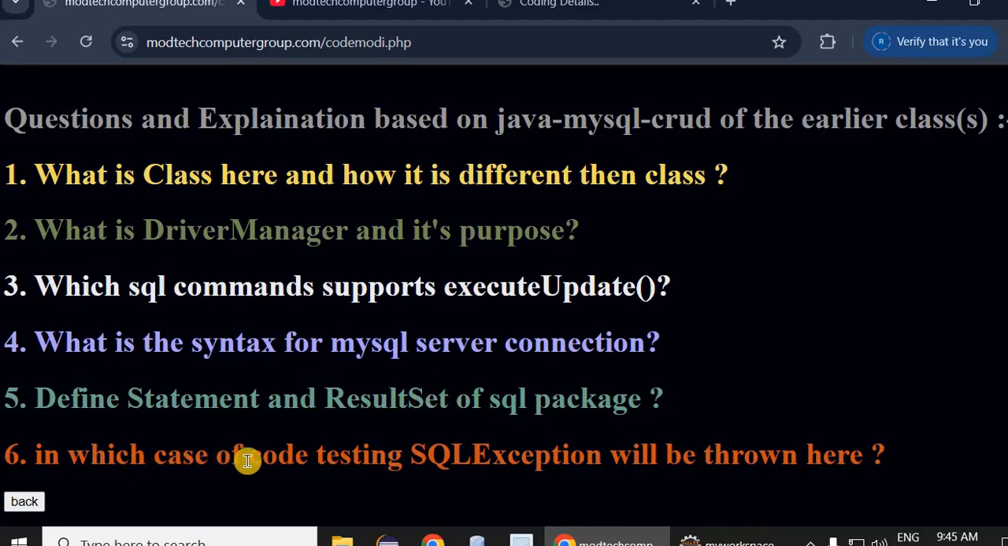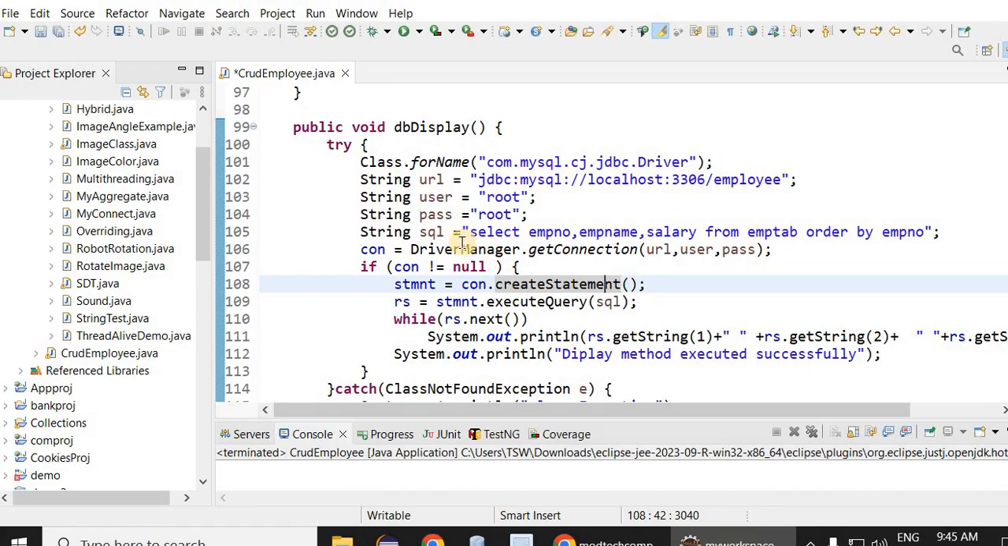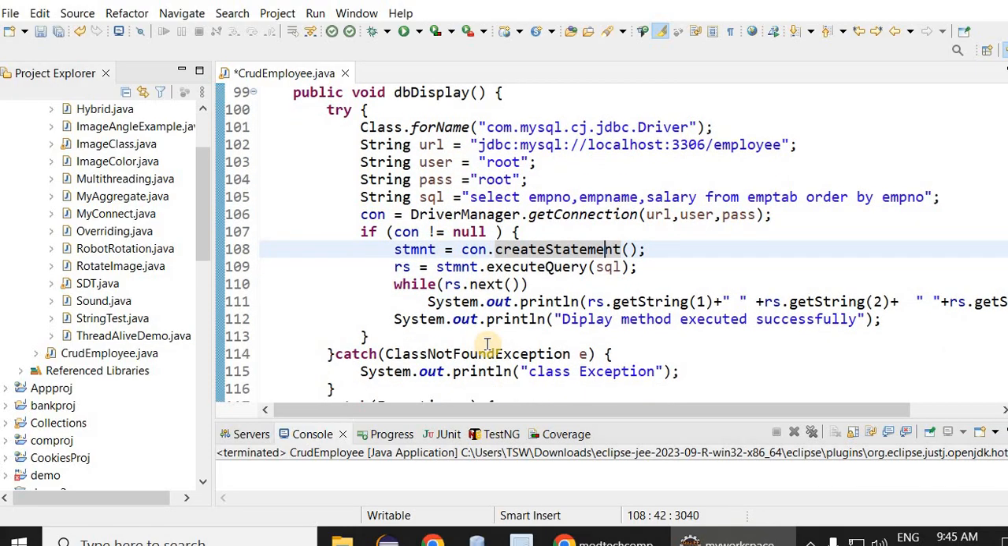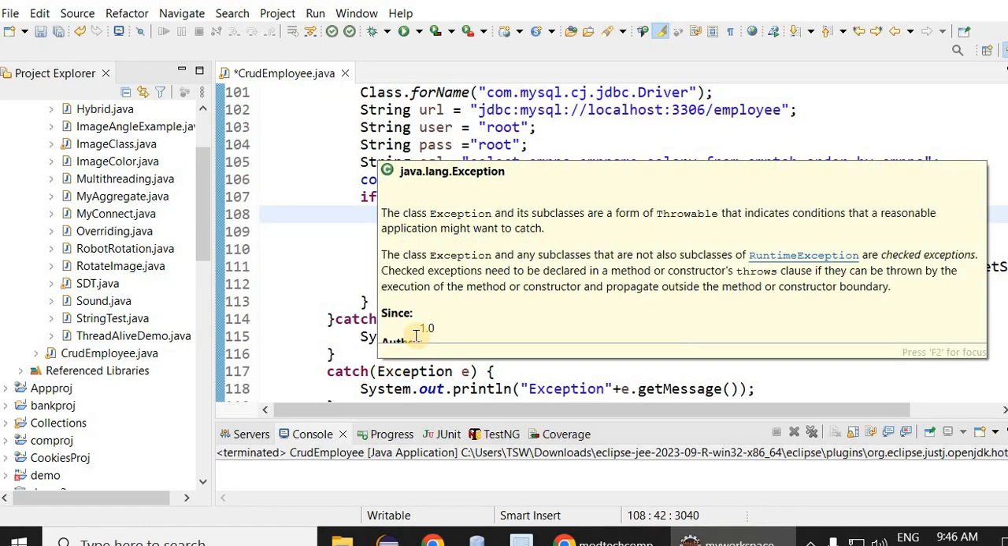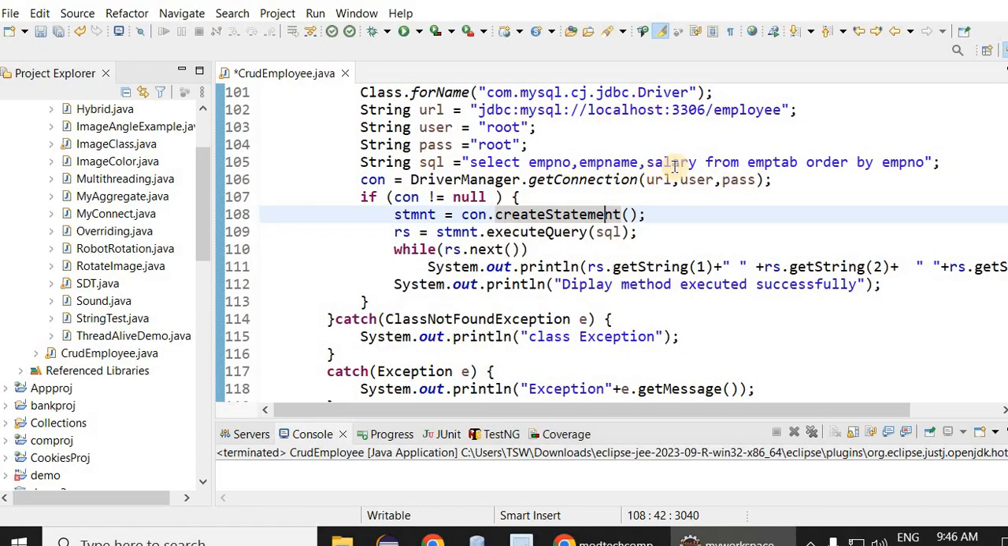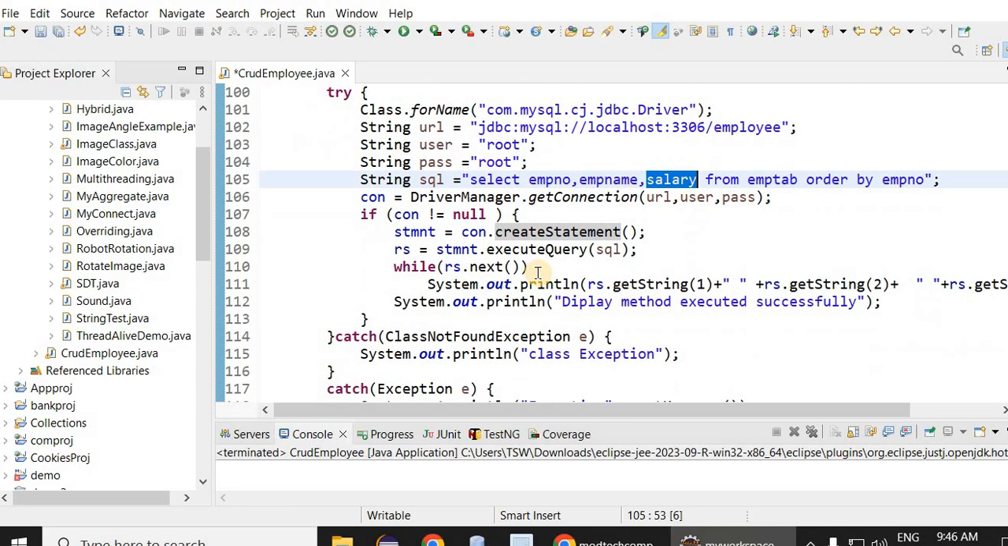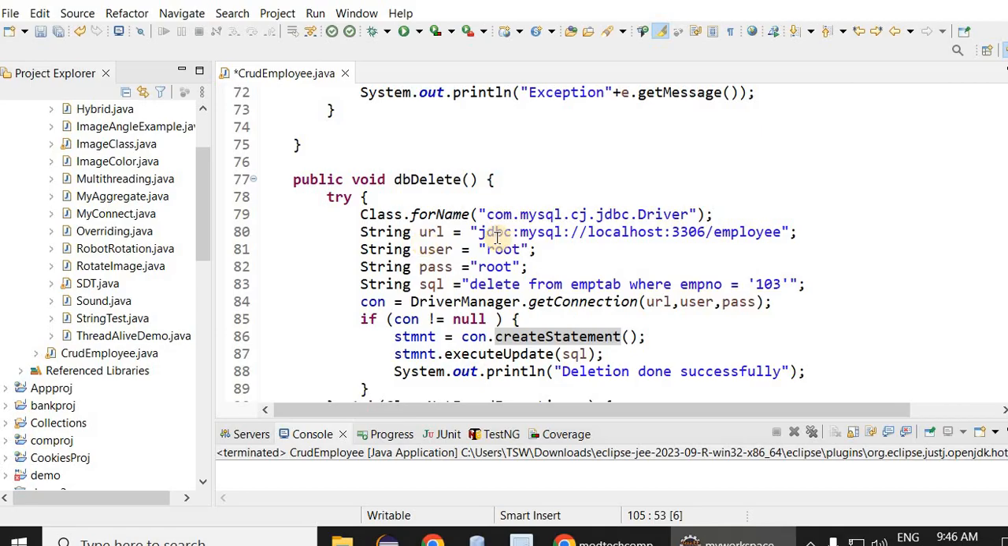Then now, in which case of code testing will SQL exception be thrown here? Now let us go back. Here if we are giving an insert command, say I'll run this command, I have given only exception here, you can change it to SQL exception. So what will happen, let us suppose you are defining this field name incorrectly, if the attributes of the tables are incorrect, if the table name is incorrect, then in that case it will throw an SQL exception. This can be with an insert command, display command, or with your update command,